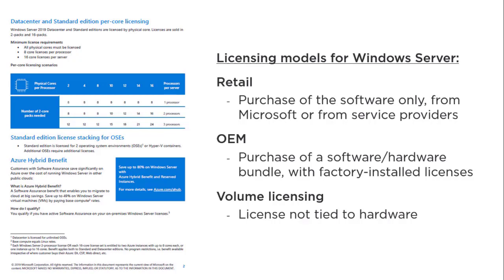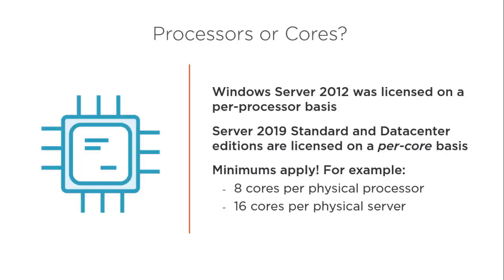And the third one, which is widely used, 99.9% used, is called volume licensing. In volume licensing, licenses are not tied to any hardware. You can buy it and you can use it on any computer with this type of licensing. So always go for volume licensing. This is very useful and always used with many licensing schemes. I am also using volume licensing from Microsoft, VMware, Veeam and other vendors.